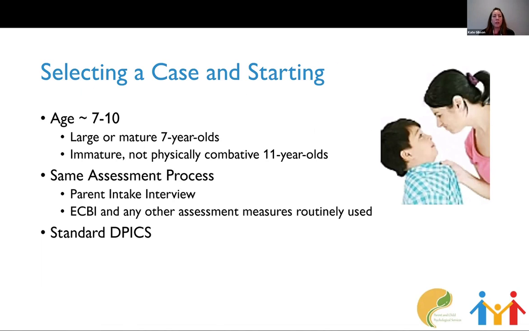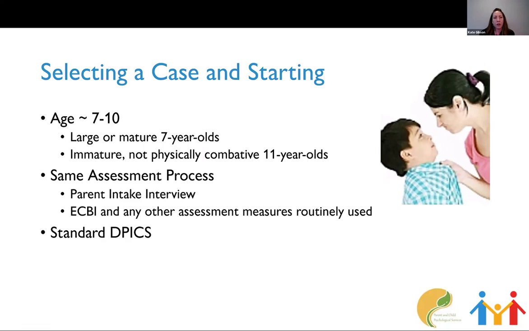Okay, so when we are thinking about what kids are good for this approach, we're thinking approximately age 7 to 10. Some programs, depending on funding, for standard PCIT, if you're doing research, have a hard stop at age 7, so you might not be able to continue standard PCIT for a kiddo once they've turned 7.